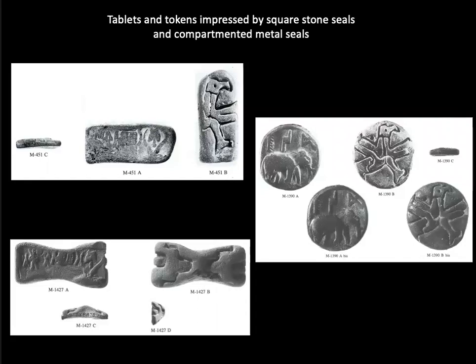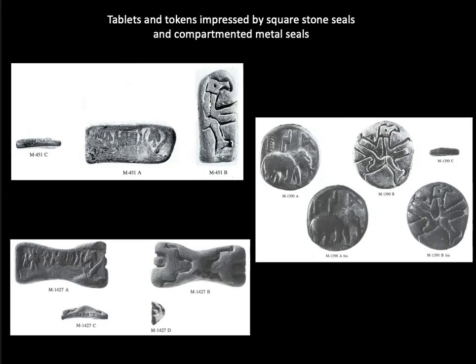tokens found at Mohenjo-daro that are impressed on one side with a typical Indus seal and on the other with a Central Asian style copper seal in the shape of an eagle, or here in the shape of a stepped cross. And in this case, Oscar Parpola has interpreted these as bilingual documents that could have given the owner credibility in two separate cultures. And it's important to note that